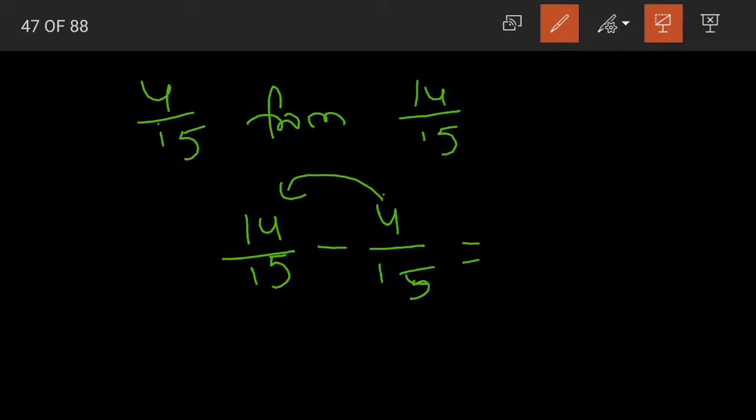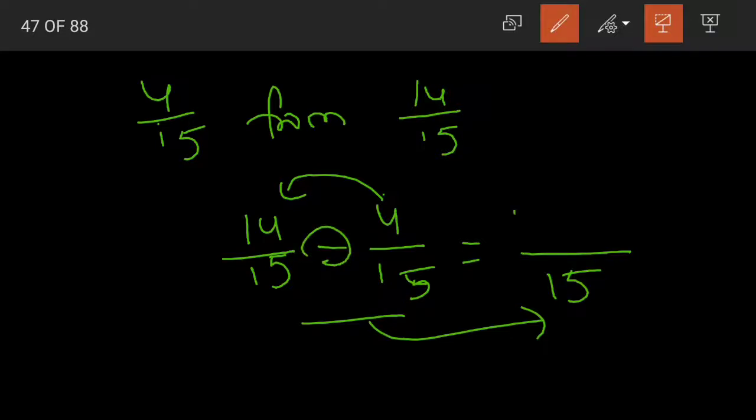So it comes next. What did we do in case of addition of like fractions? We kept the common denominator, that is 15 here, and we added the numerators. But here we are having subtraction symbol, the minus sign. So that is why we'll subtract the numerators. 14 minus 4. Understood? The only difference between addition of like fractions and subtraction of like fractions is there we added and here we'll subtract. 14 minus 4, 10 divided by our common denominator 15.